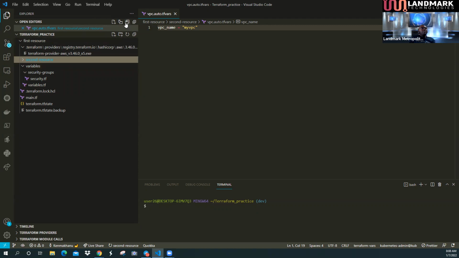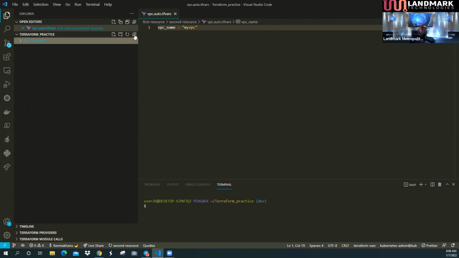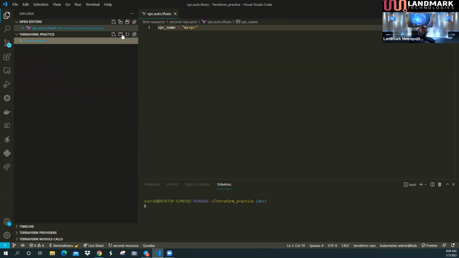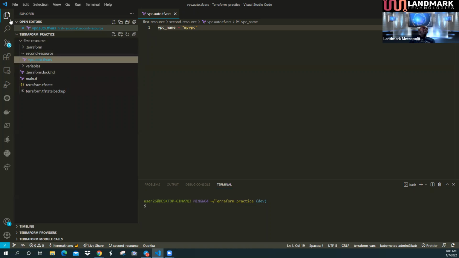Now if I want to save all, you can always click on that, right? And again, if you want to collapse all editors, you want to collapse all folders, you can just click on that. It's now going to collapse them, right? So if all these were open and you want to close all of them, you can just collapse them, right? And that one you can just refresh the Explorer. So that is pretty basic in terms of